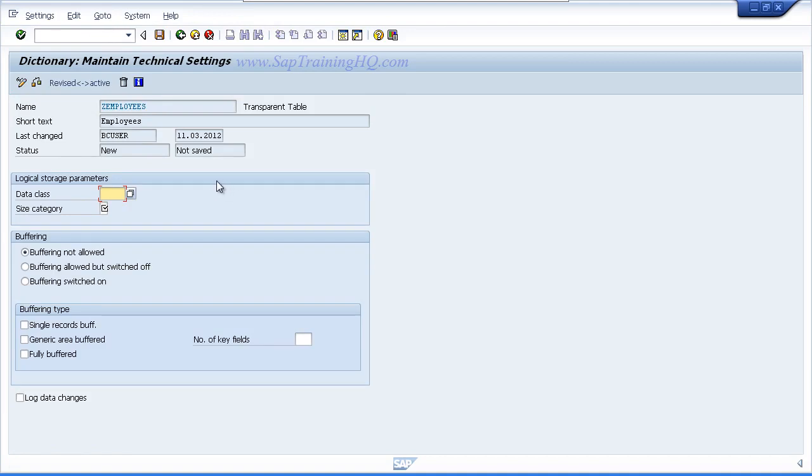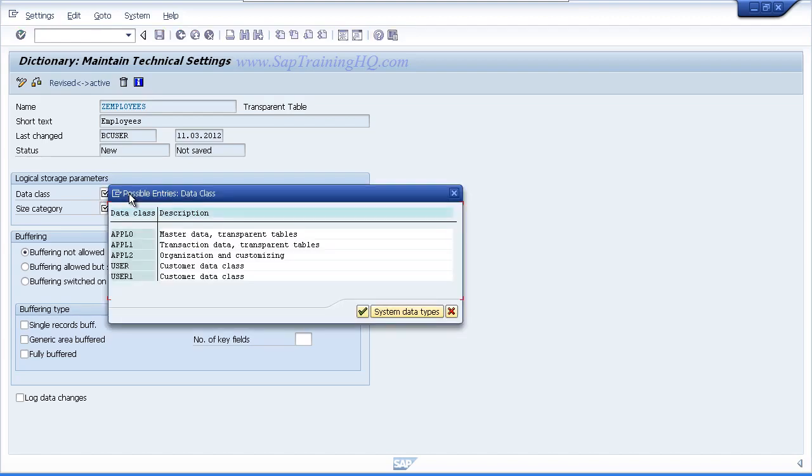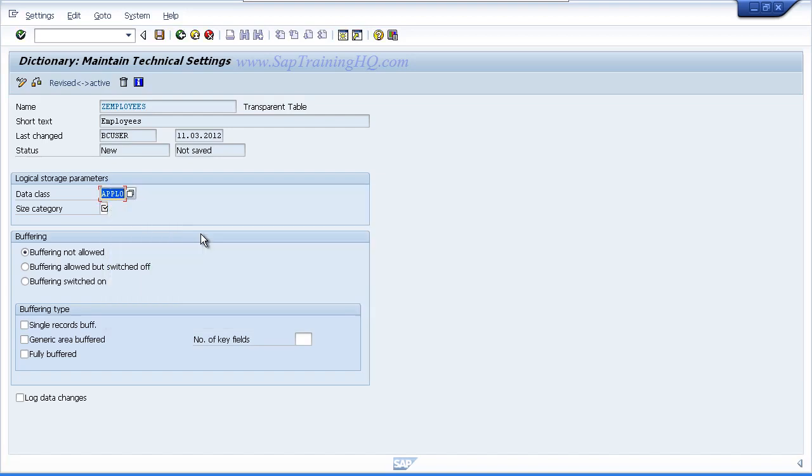We now need to tell our system what development class we want to use. So if you click the drop-down button, you'll see that we have 5 options to choose from. And if you just read the descriptions, you'll get a flavor of what this is all about. We want to choose the first entry, which is APPL0, which identifies this table as holding master data in a transparent table. Double-click that entry, and then for the size category field,